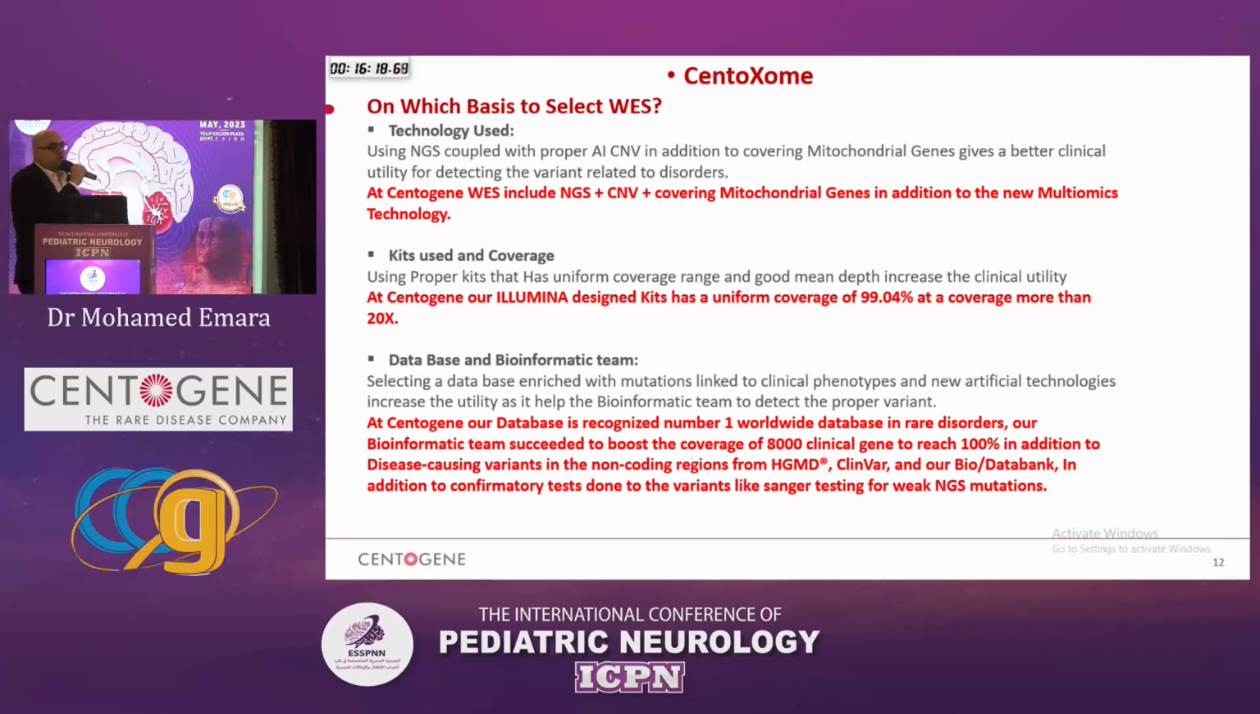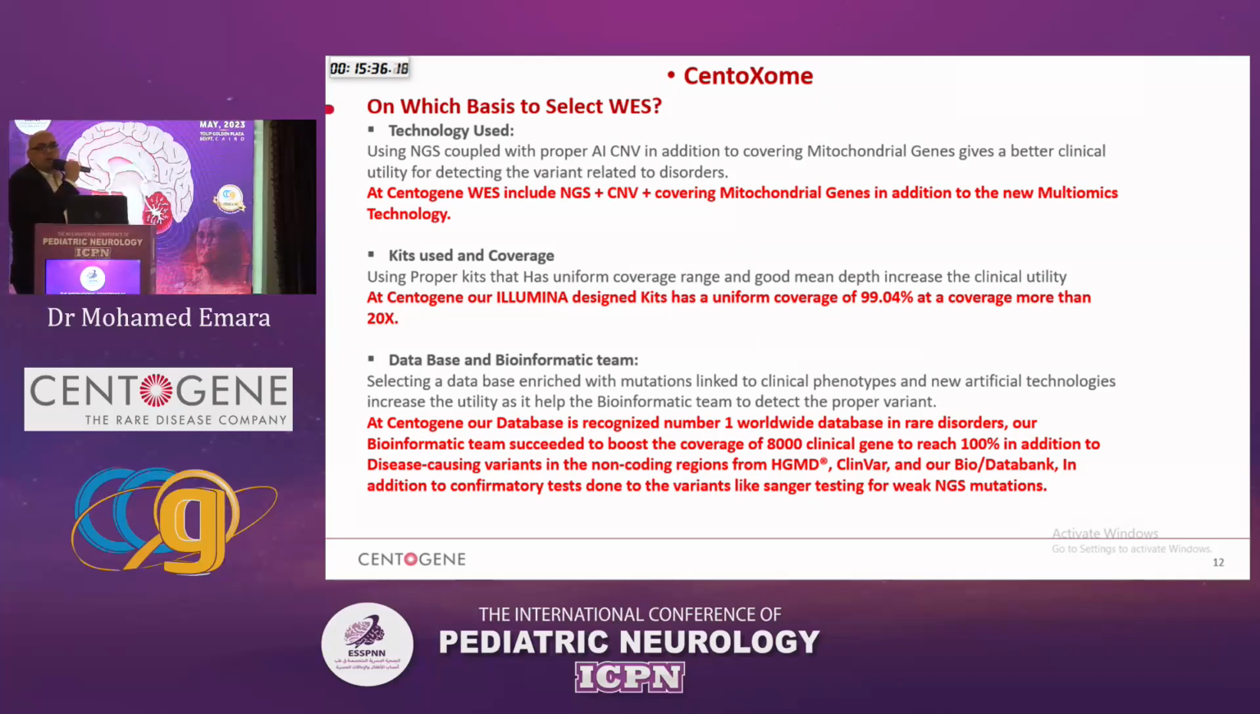Finally, and it's the main cornerstone in the genetic diagnosis, it's the database and the bioinformatic team which evaluates or makes the interpretation of the case. Selecting the database is crucial. We at Centogene have the number one worldwide database for rare disorders. We have been in the field for about 15 years. Every single mutation that we have is confirmed by Sanger sequencing when it is a small mutation, or the copy number variants could be confirmed by the MLPA technique, for example for DMD